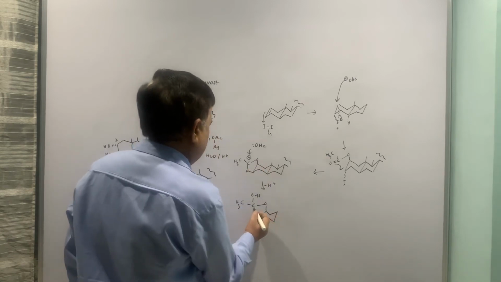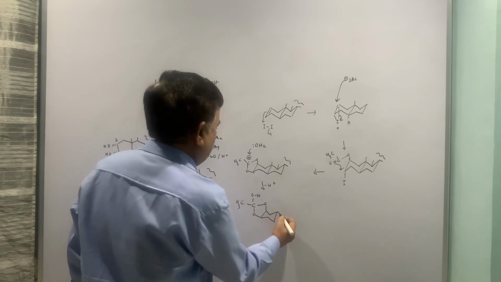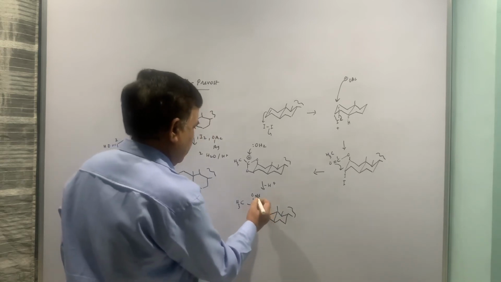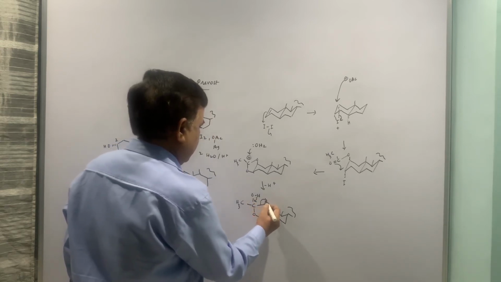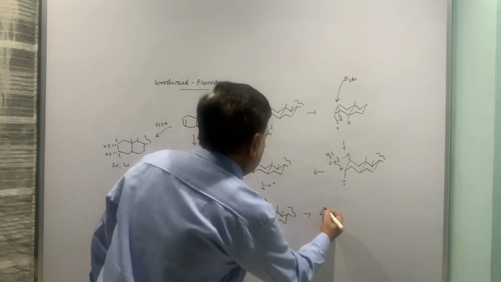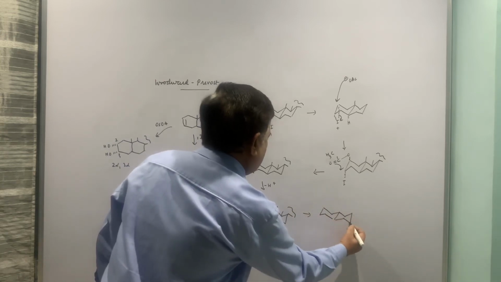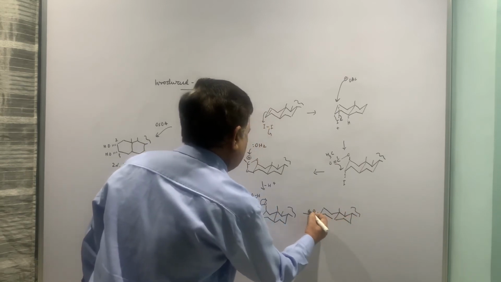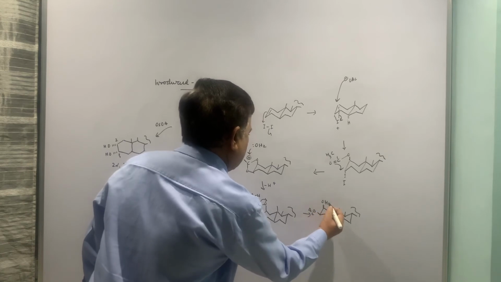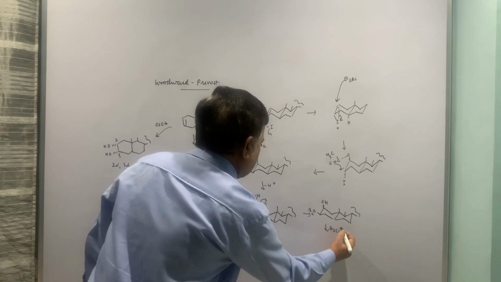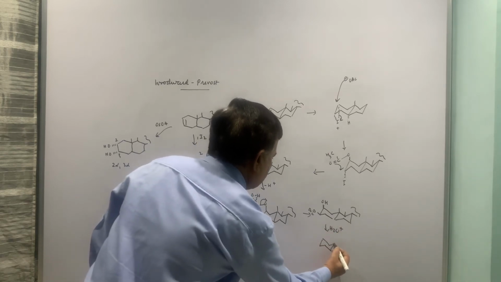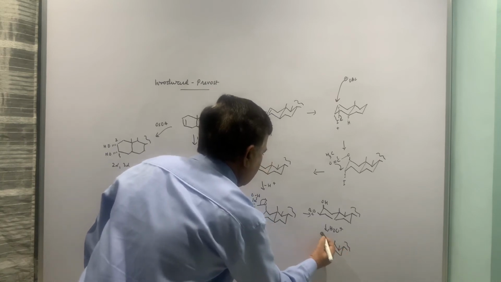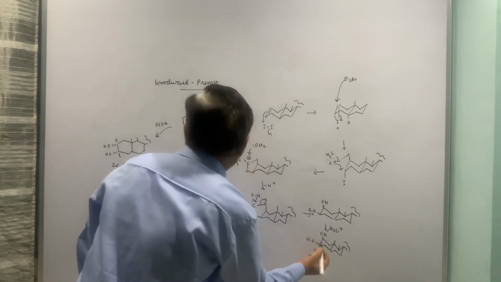The other parts are the same, and now I can show that this becomes a hydroxy group on one side and acetoxy. Now this is OAc, this is OH, and upon hydrolysis this acetoxy becomes OH. So this is your overall Prevost hydroxylation. This is OH, this is also OH. The same thing is shown here.